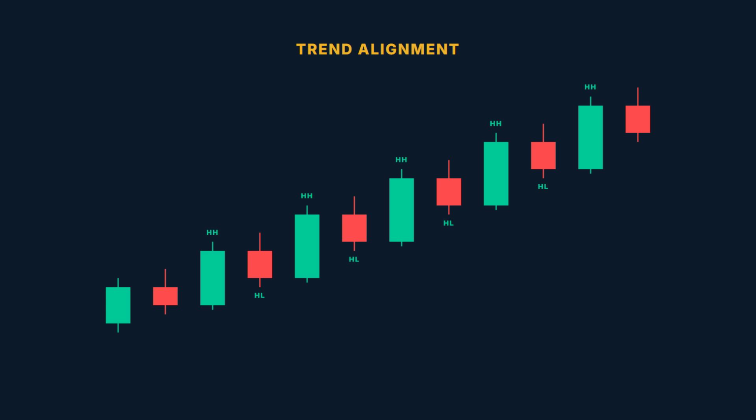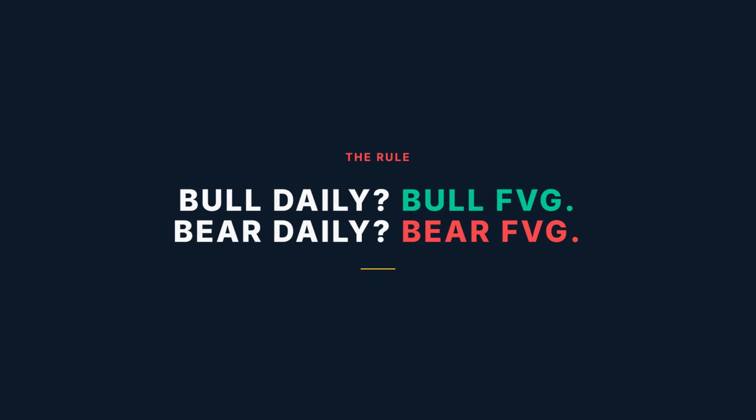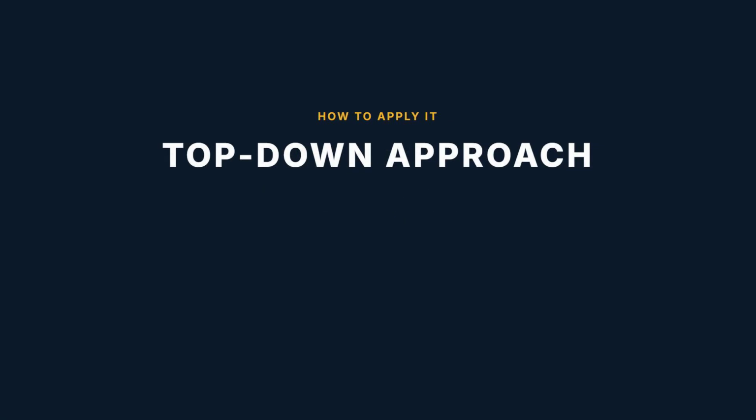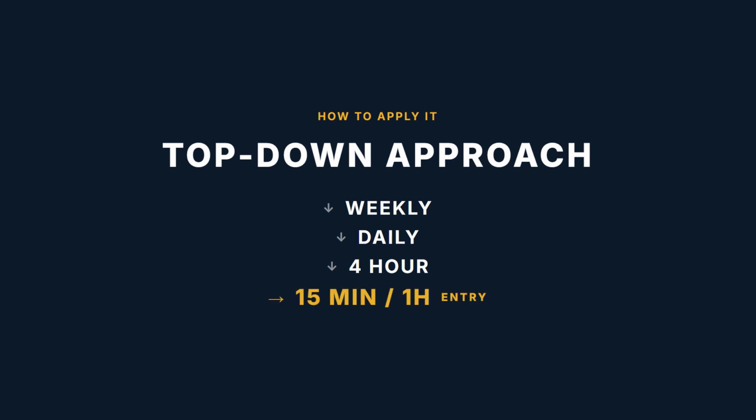How do you filter the FVGs that actually matter? The first filter is structure. You need to be trading fair value gaps that are aligned with the trend on the time frame above. If on the daily chart the market is in an uptrend, forming clear higher highs and higher lows, then you are going to trade bullish FVGs on the 4-hour or 1-hour chart. You are not going to look for bearish FVGs to sell in a market that is structurally bullish on the daily. That time frame alignment is what separates the trader who operates SMC consistently from the trader who trades every